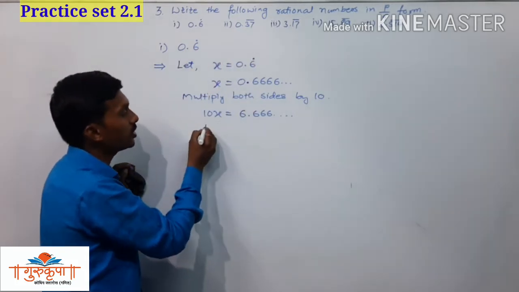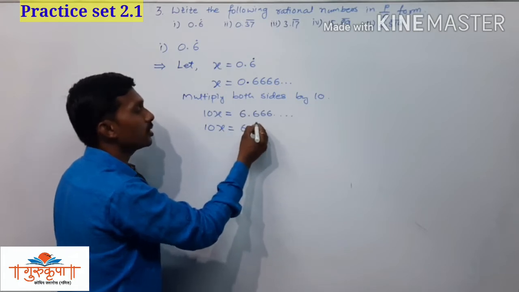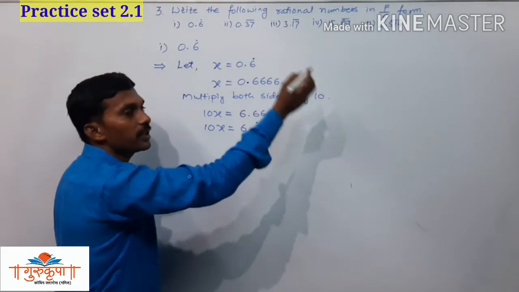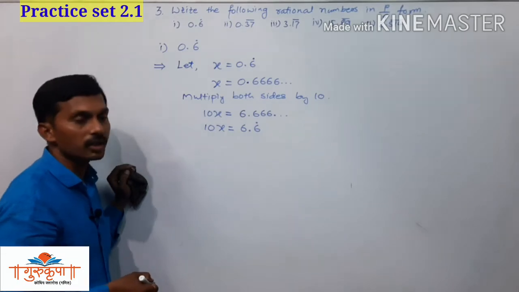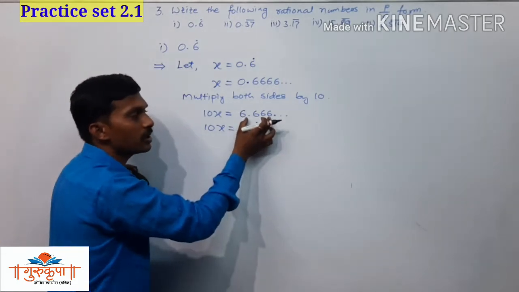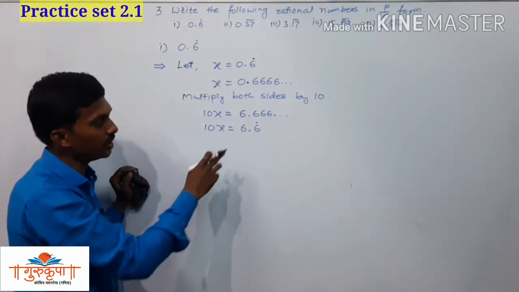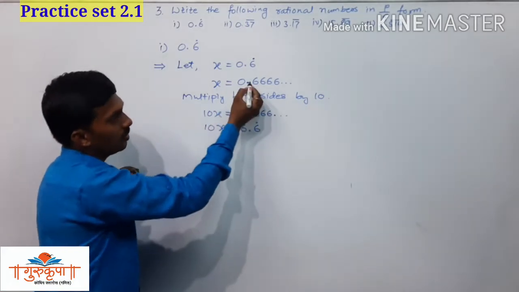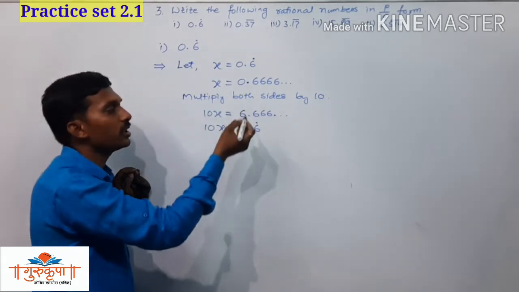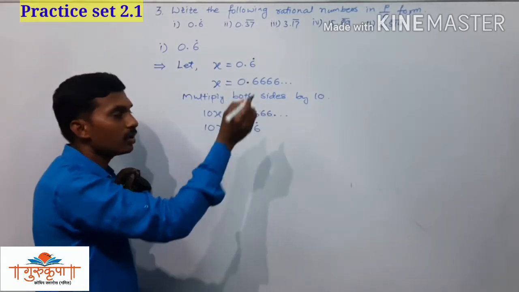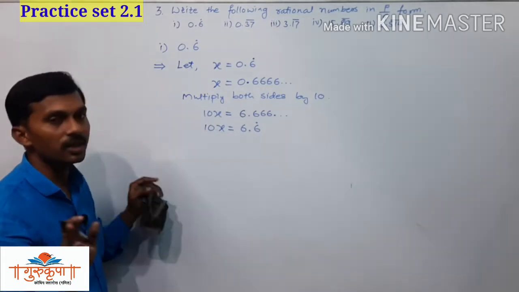Now you can write this as 10x is equal to 6 point recurring 6. Since we have 6 infinite times here, you can write it as 6 point recurring 6. But some students are not getting that part. If I directly write 6 point recurring 6, they can easily get it. The one digit moves forward, we put the decimal sign there, and we get 6.666 and so on, and now we write it as 6 point recurring 6. Now the second step is completed.